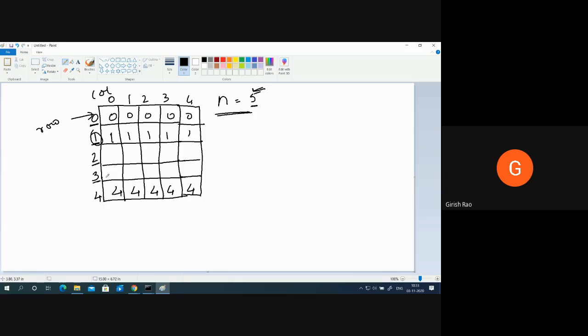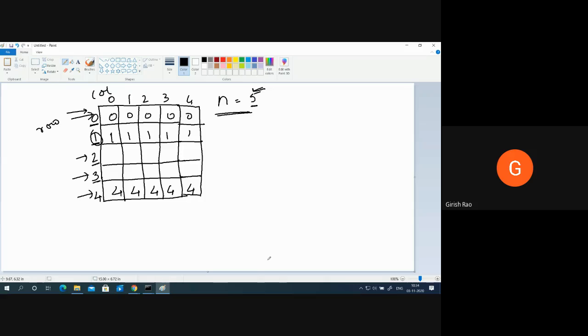This grid is only drawn for your explanation. So how do I basically display this pattern? For that, we take two values, row and a column. You could have taken I and J, and both should be running from 0 to 4, because 0 to 4 will be 5. So for each and every row, how many times does it have to go? It has to go 5 times for the column. That means for the 0th row, I have to go through 5 columns. For the first row, 5 columns. For the second row, 5 columns. For the third row, 5 columns. For the fourth row, 5 columns. Okay.